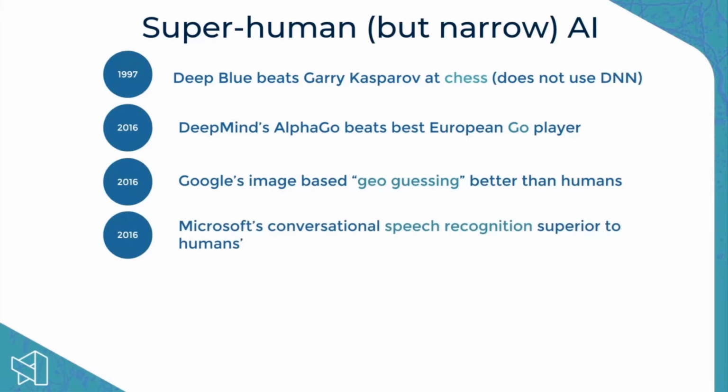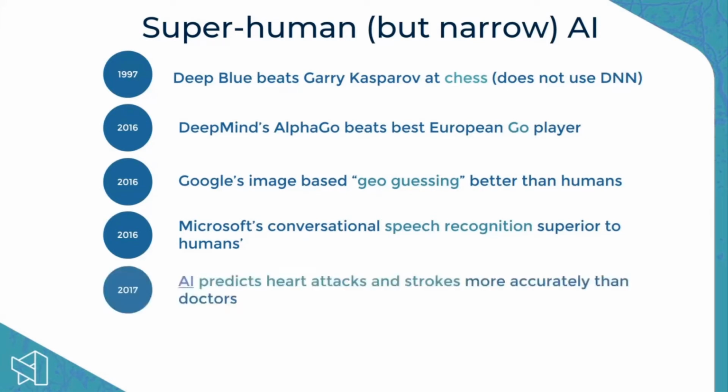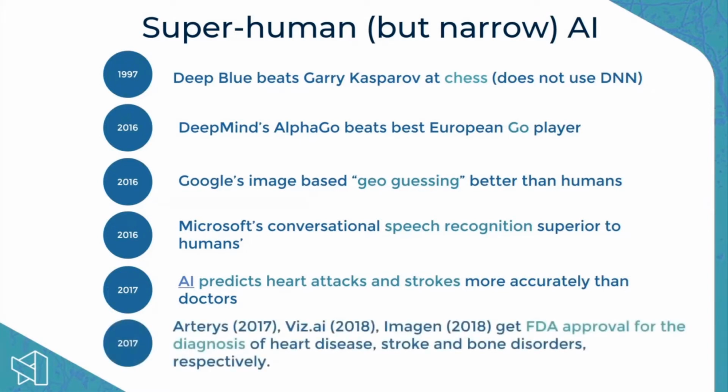But that evolved, and in the last 5 years especially, it has become much more targeted and much more applicable to human life. So Microsoft, with conversational speech recognition, back in 2016 was already superior to humans. And in 2017, several examples, but one that I talk about here is this one that allows